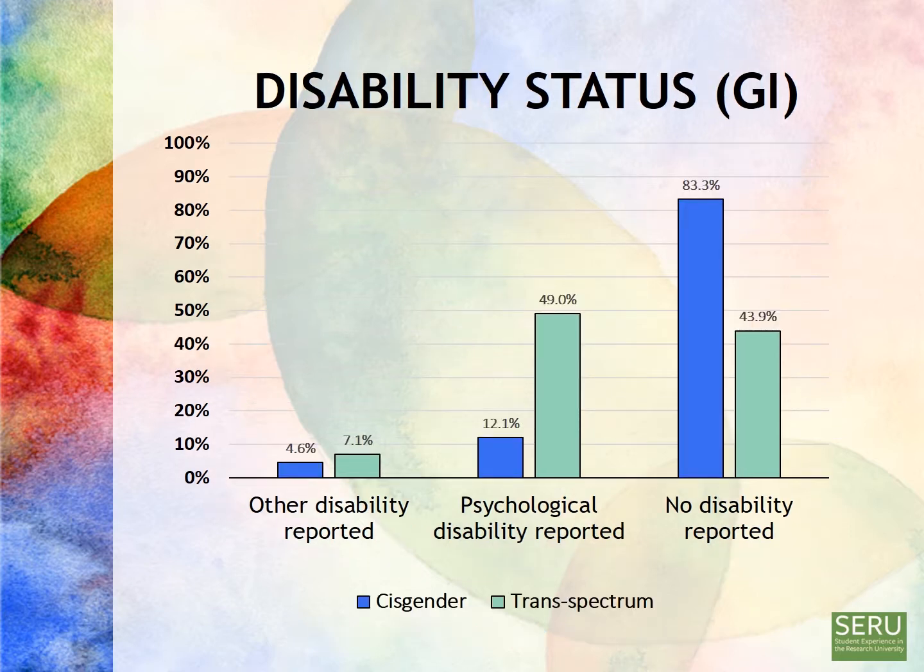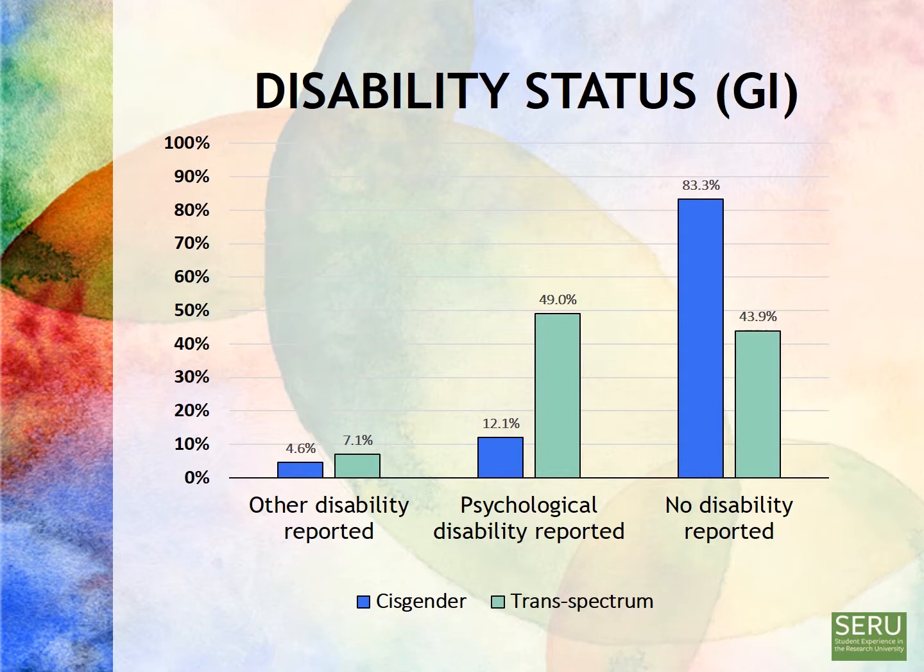This is the same process, but for gender identity. And again, here it's almost a 5 times difference between trans spectrum and cisgender on reporting a psychological disability. So I think these are the kinds of findings that would indicate, for student support services, the types of groups that we might be looking at and where resources might be needed. And when you start looking at outcomes related to these categories, it becomes very apparent that there are significant differences.